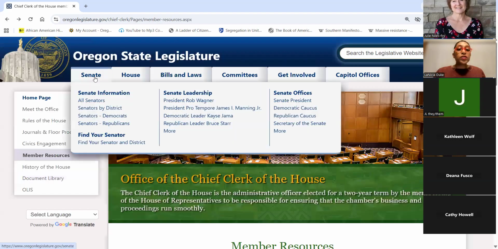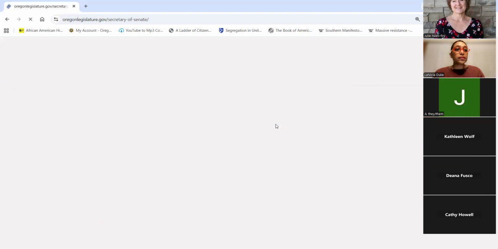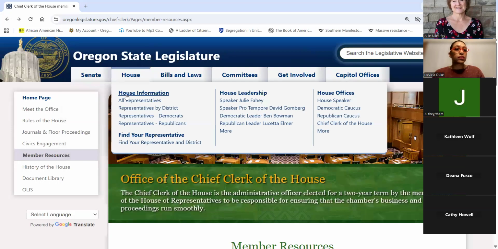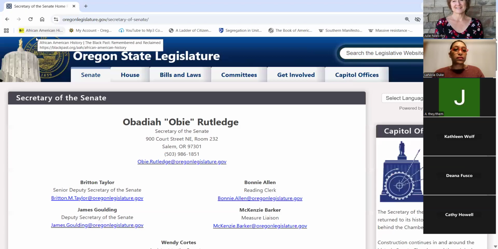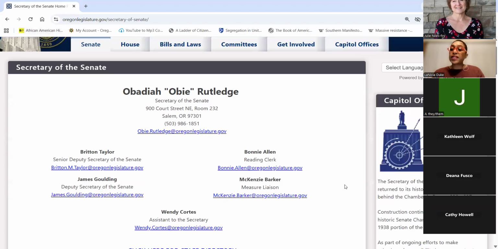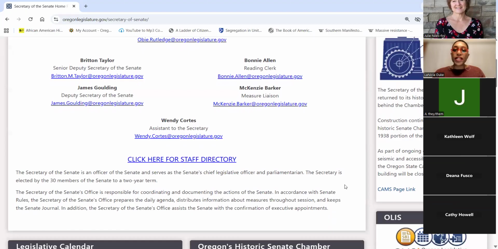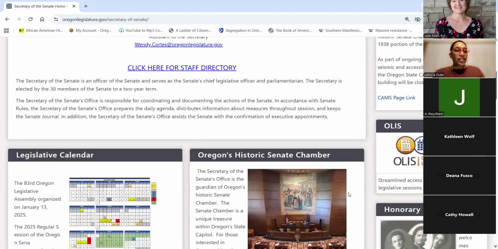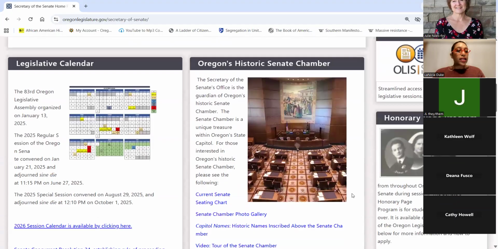I am also going to show you the Senate side. Again, they do the same role, but in the Senate, the pages will look different. They offer their information in a different way. The one thing I did want to point out to you here is